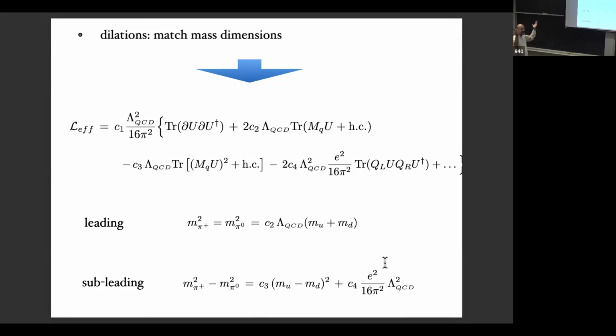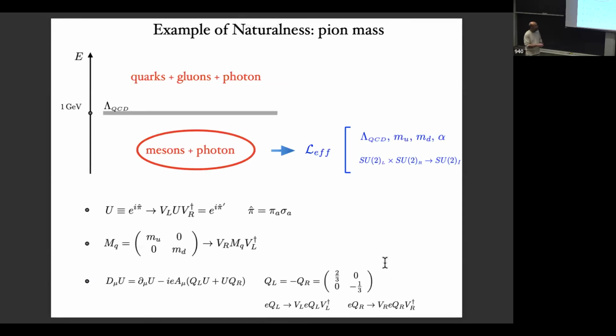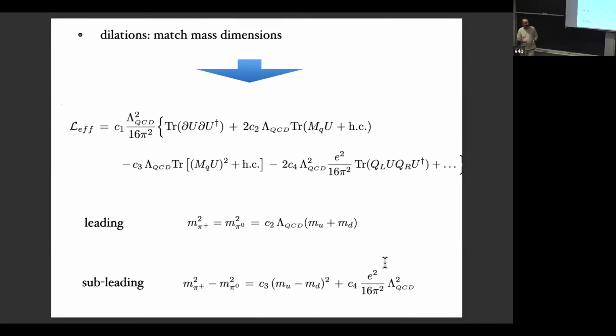If you do scale transformations, they are broken. The theory up here was approximately scale invariant, but when you approach this point, a scale emerges, and this scale invariance is broken. But if you formally treat this lambda QCD as a parameter that transforms under dilatation, again, you have the symmetry. So you're matching dimensionality, precisely like for the pendulum. If you want to be clever, you can also infer that here there should be